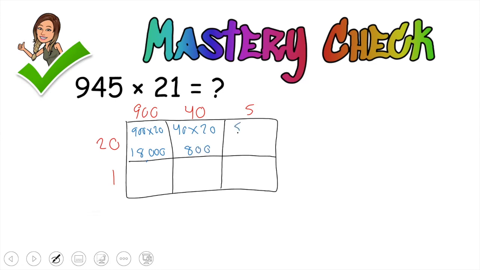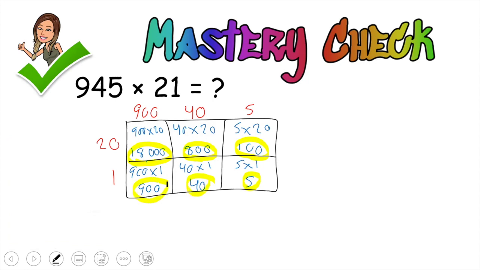Then we have 5 times 20 to be 100. Okay. We have 900 times 1 to be 900. 40 times 1 is 40. And 5 times 1 is 5. We're going to take all 6 numbers here